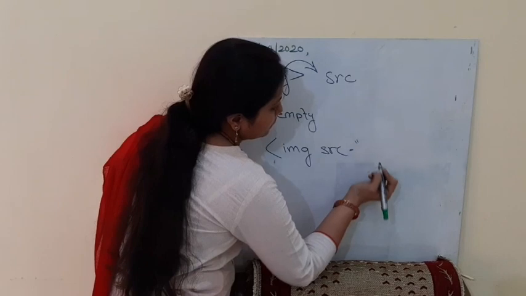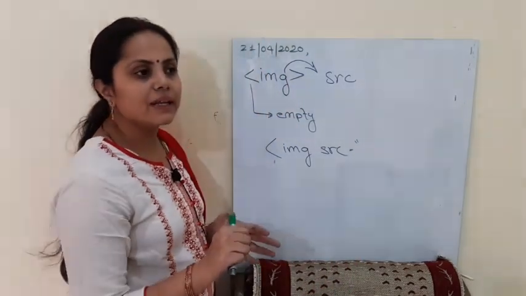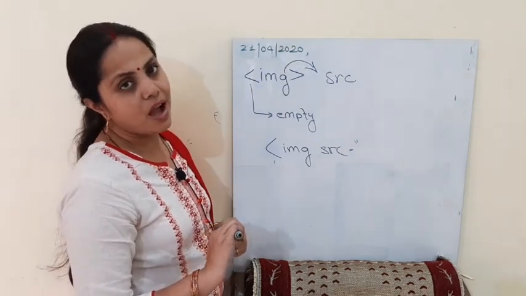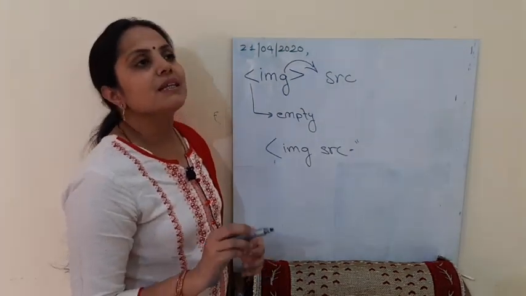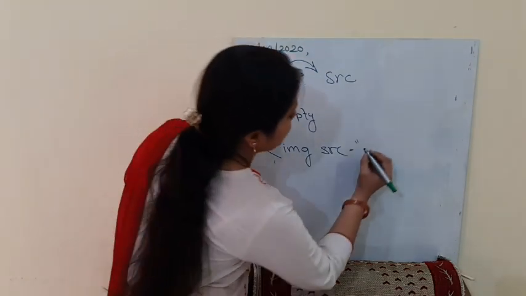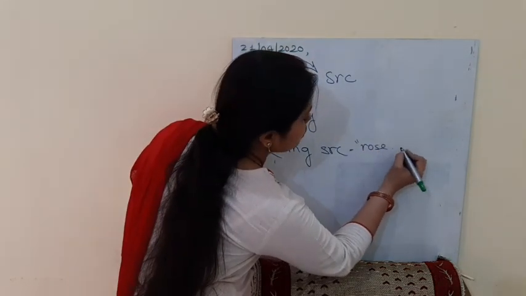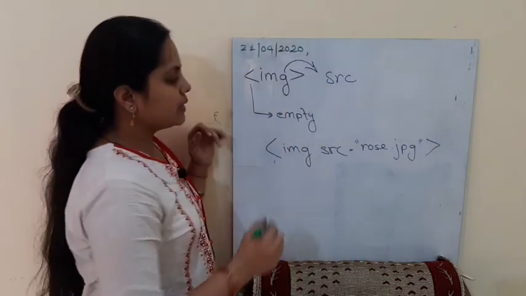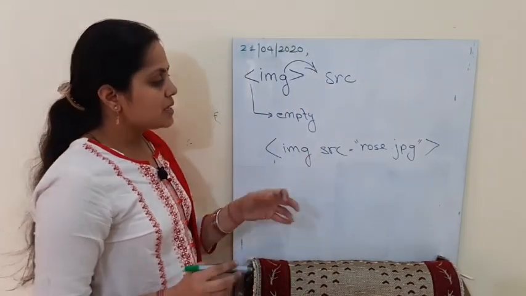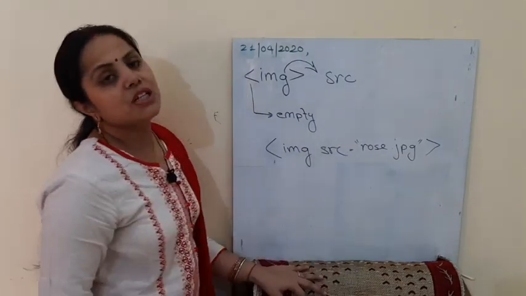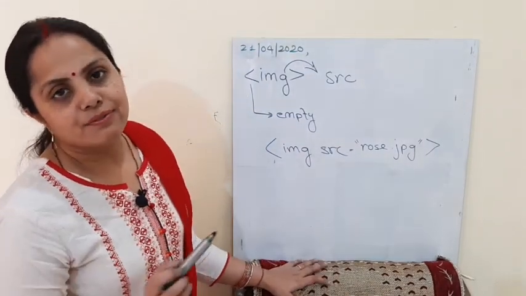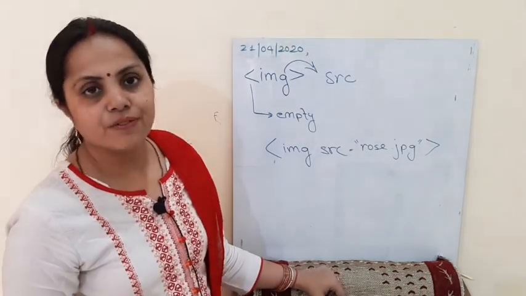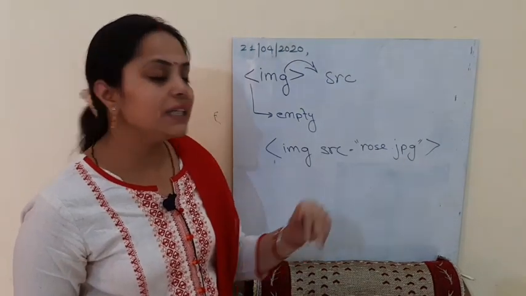src is equal to. Now here, when you insert an image, many times it happens that the image is not linked when you are working, and you have a problem. The reason is that whenever you directly give just the name, for example, if I write here rose.jpg, then as we are writing this in a notepad, it searches for this image only in the C drive. Now, maybe you have placed this image in D drive. So you need to give the complete path.